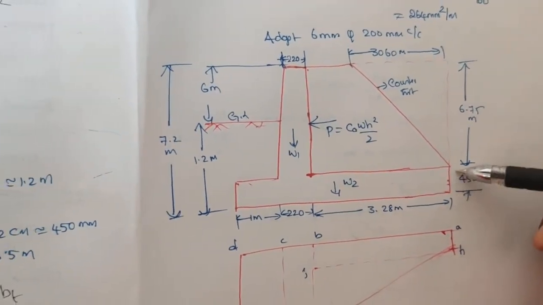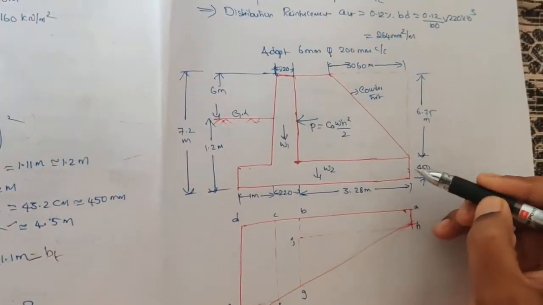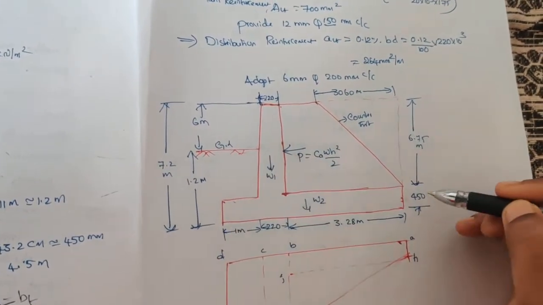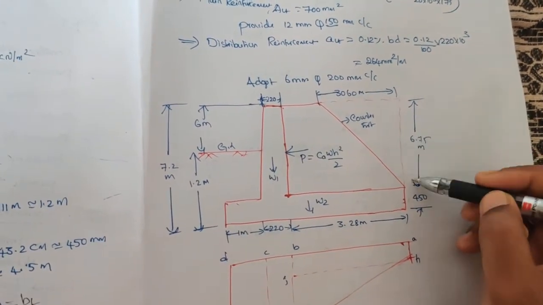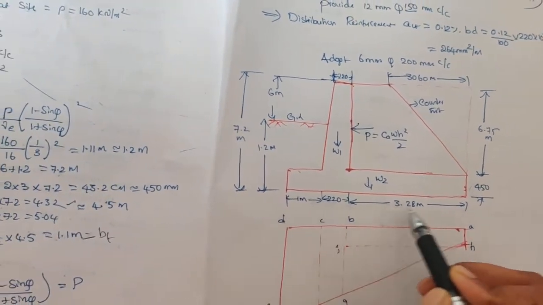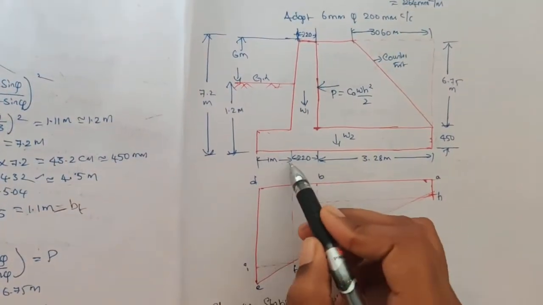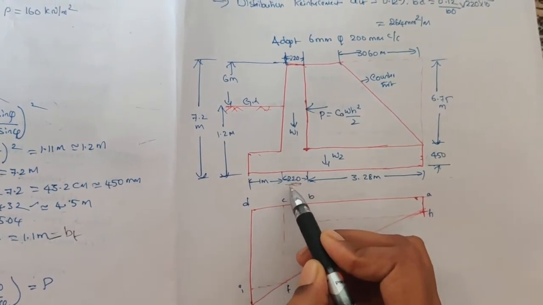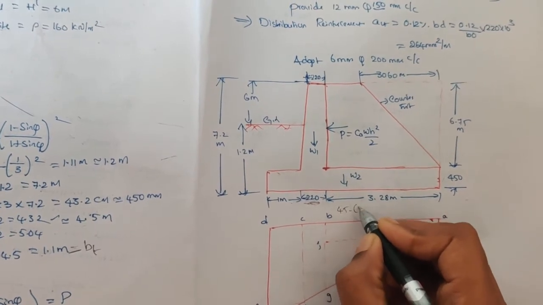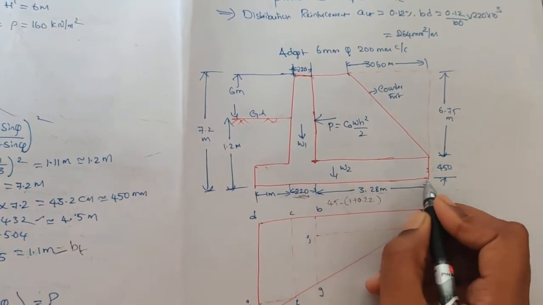And here thickness of the base slab, 450 mm, nothing but 450 here. So when you want only the stem height, complete 7.2 minus 0.45, you will get 6.75 meters. So here toe width is 1 meter, and the complete width B overall is 4.5 meters, and the thickness of the stem is 220. So when you take 4.5 minus 1 meter plus 0.22, you will get 3.28 meters, nothing but the width of the heel slab.